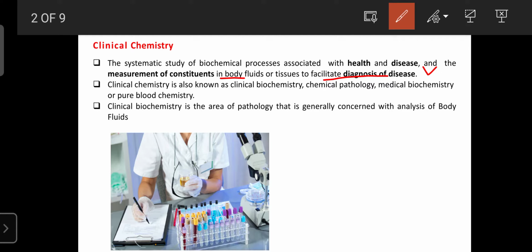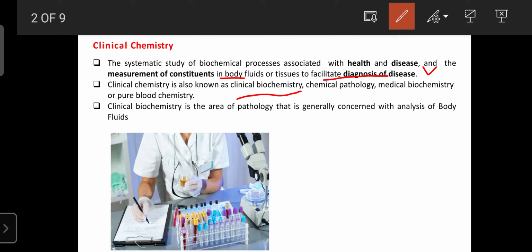Like that, the study of tissues and their environmental changes is helpful for the diagnosis of disease. Even the study of tissues is helpful for noting down cancers, the diagnosis of cancer. So that's why clinical chemistry is helpful for the diagnosis of disease. And here, students, clinical chemistry is also known as clinical biochemistry because it is related to the study of biomolecules from plasma or data from human beings.